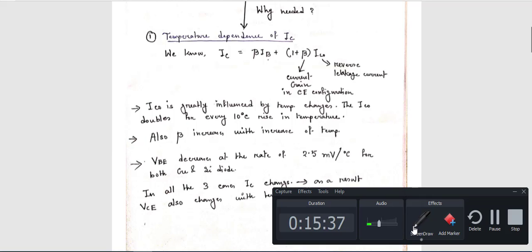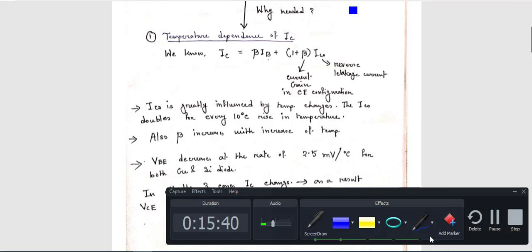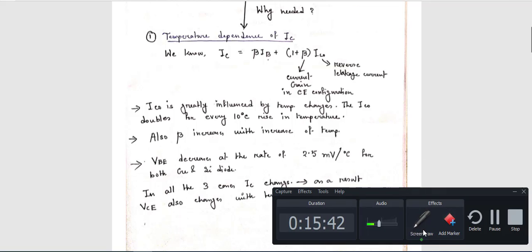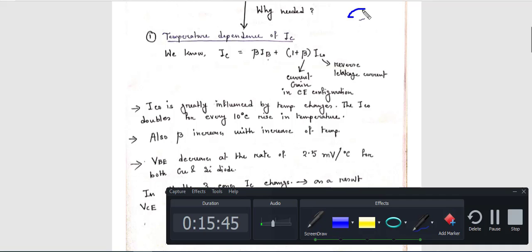How will the operating point be changed? See, again I am drawing the output characteristics curve of a transistor. Say this is the curve. Now what is your output characteristics? Like this, and this is your Q point. Now if IC changes, this point will vary, that means this point will lie here. Now if you again want to draw the load line, your operating point has shifted. At first your operating point was here. Now when IC changes, it is seen that the operating point shifts to the right hand side.